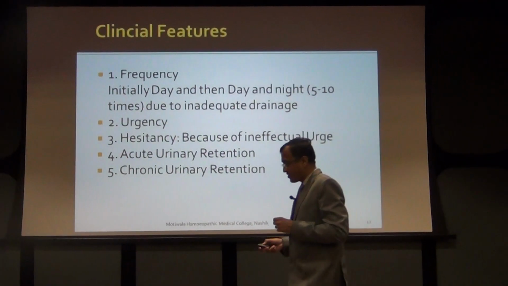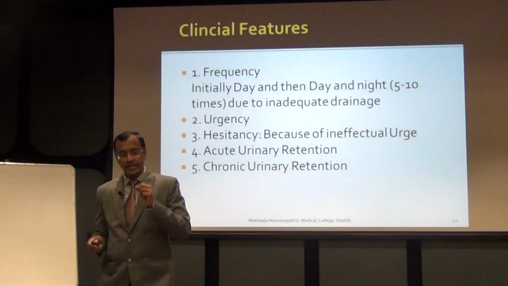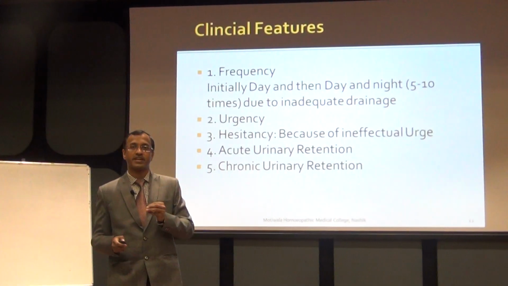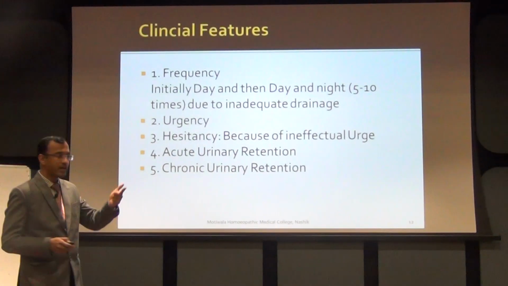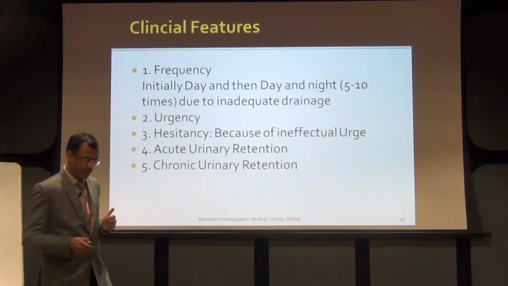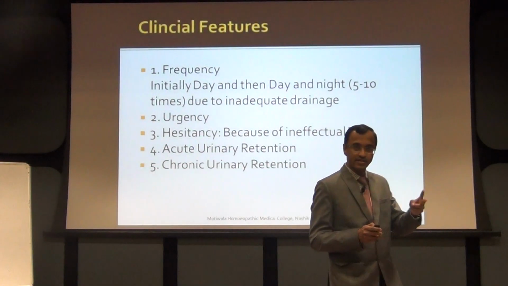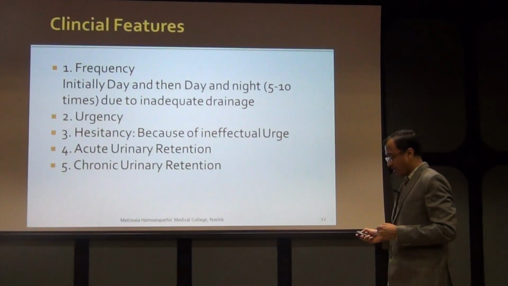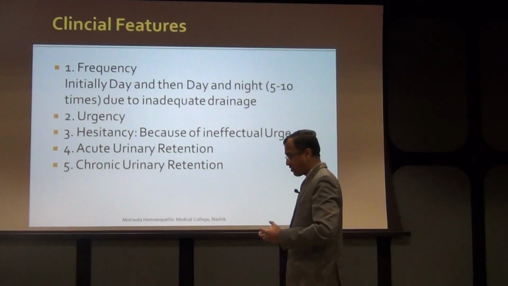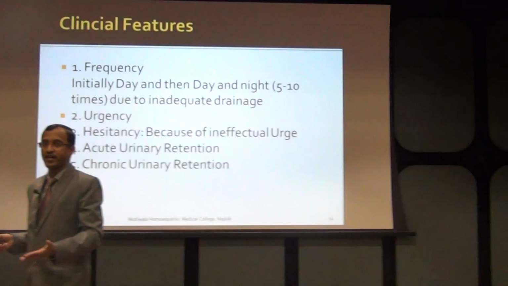Now the clinical features here is the triad. The key triad in benign prostatic hypertrophy will be related to frequency, urgency and hesitancy. It is very easy to remember. Frequency, urgency and hesitancy. Elderly people, maybe above the age of 50, 60, 70 years, come to you and share that they are